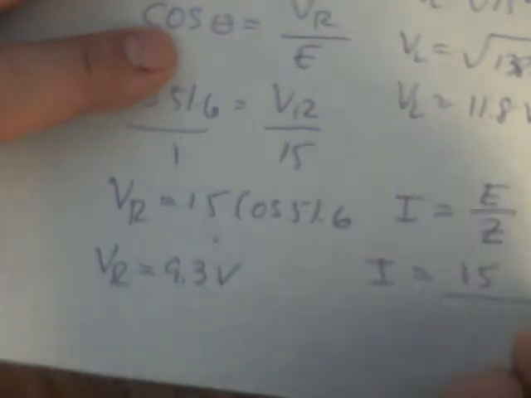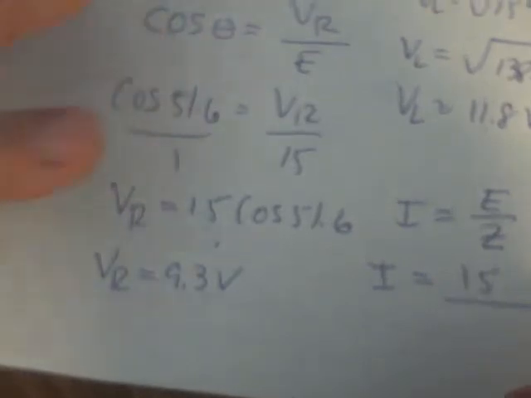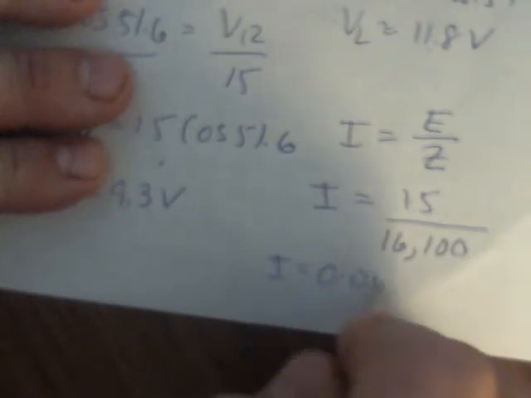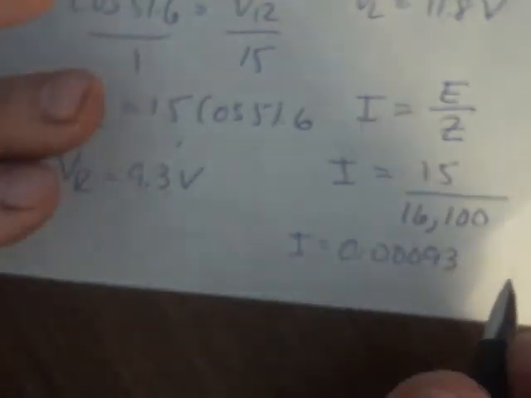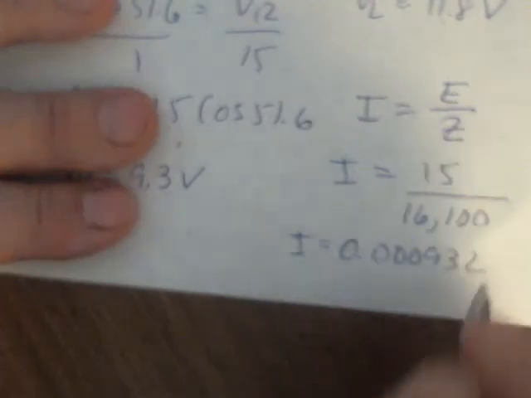So E is 15, Z is 16.1 kilo ohms. So I'm going to make that 16,100. And then we divide 15 divided by 16,100. And I get 0.00093. Okay, so 0.00093. And depending upon how they request your answer, if they want it in milliamps,